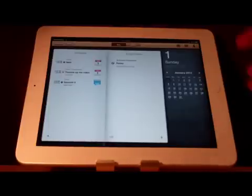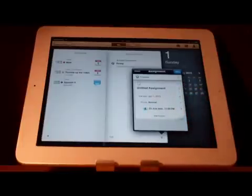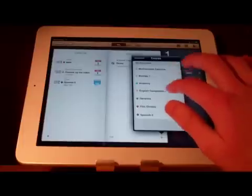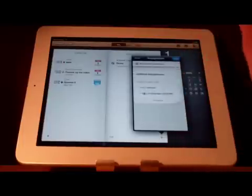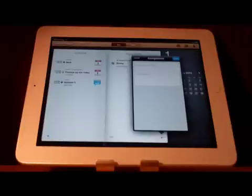So as you can see, if we want to add an assignment, we just click on the little add button, and this is really where the app gets better than all the other graphic organizer apps. If we add course, we can add any courses we like, and let's just pick English composition. And now if we title the assignment, I have my Bluetooth keyboard hooked up, so we can title it essay. And description, no description. Alright, so we click save,